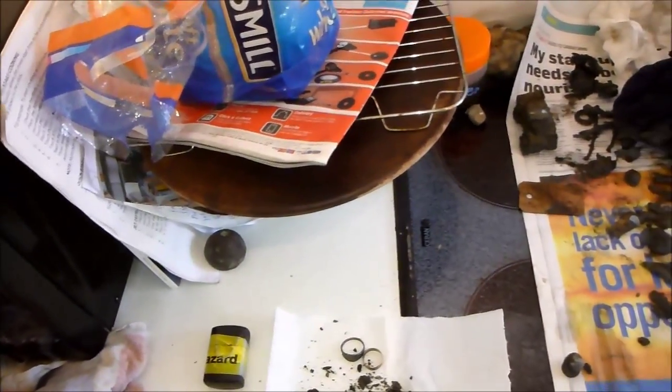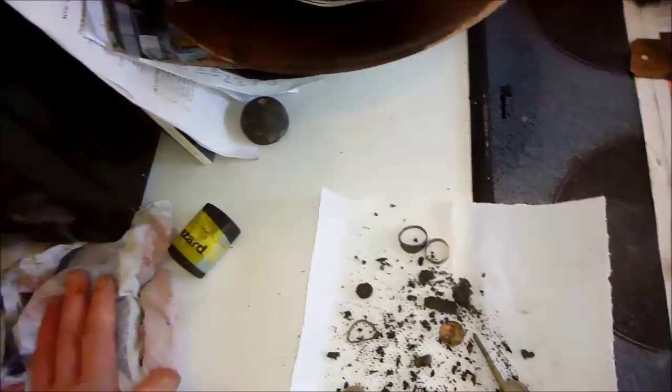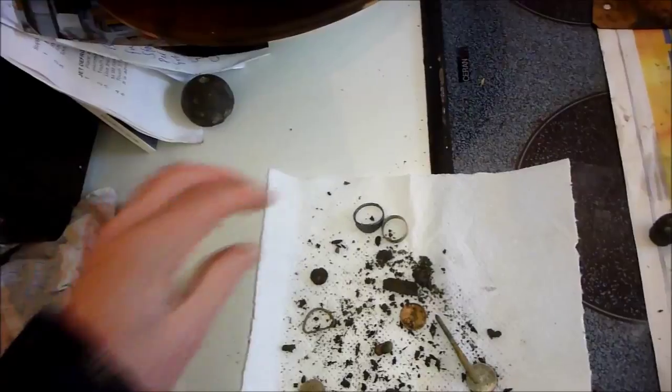Right, sorry, but there's the state of my bag. That's kind of like the conditions that we were working under. We started at 7 o'clock this morning, set off at 6, and it was just so cold. I just couldn't get my hands out of my gloves. Sorry, and my hands were still freezing in the gloves, but